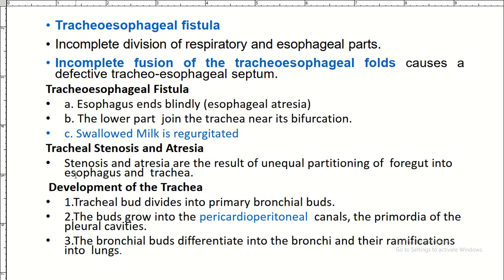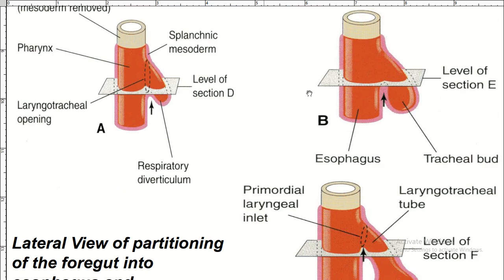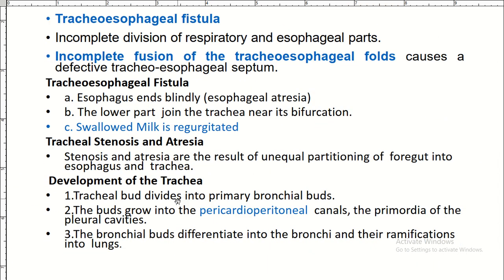So let's go to the development of the trachea. So remember, we said we have a respiratory bud or diverticulum right here, and then at its caudal limit it is going to divide into two, forming what you call main bronchi or principal bronchi. And then the part that connects those bronchi, that's going to be your trachea. So the tracheal bud divides into primary bronchial buds, right? That will become your main bronchi, right? The bud will grow into the pericardioperitoneal canals, right? Remember, we said the pericardioperitoneal canals,